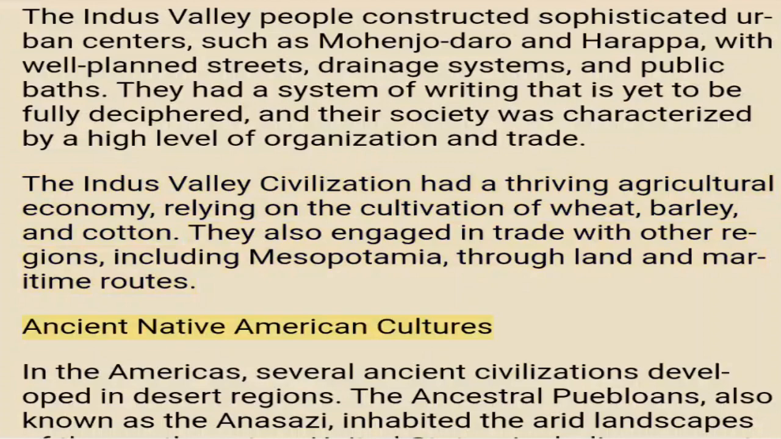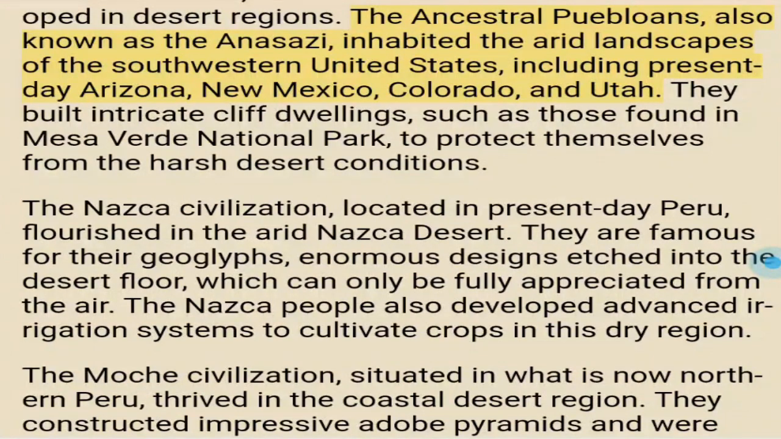Ancient Native American cultures. In the Americas, several ancient civilizations developed in desert regions. The ancestral Puebloans, also known as the Anasazi, inhabited the arid landscapes of the southwestern United States, including present-day Arizona, New Mexico, Colorado, and Utah. They built intricate cliff dwellings, such as those found in Mesa Verde National Park, to protect themselves from the harsh